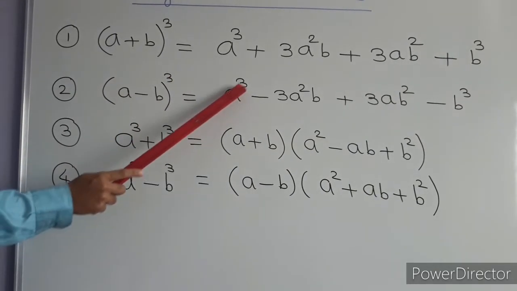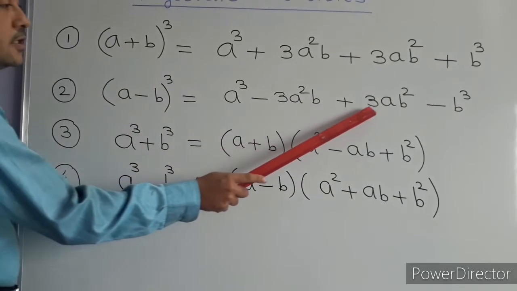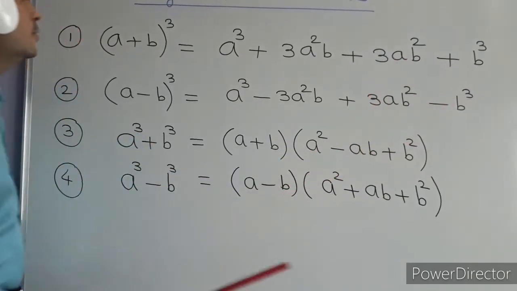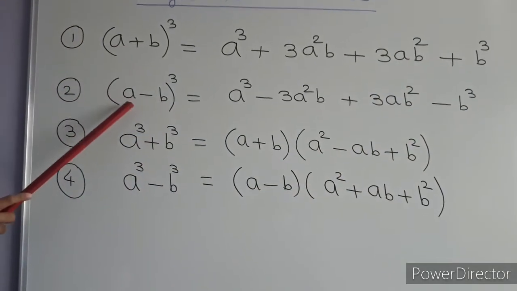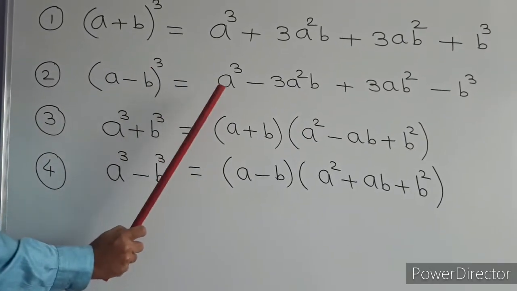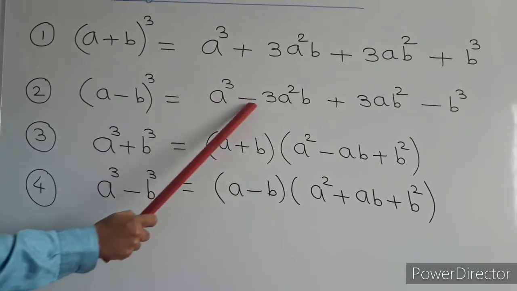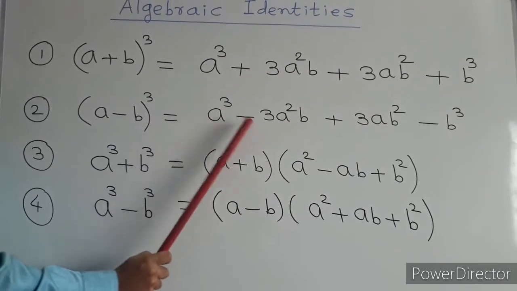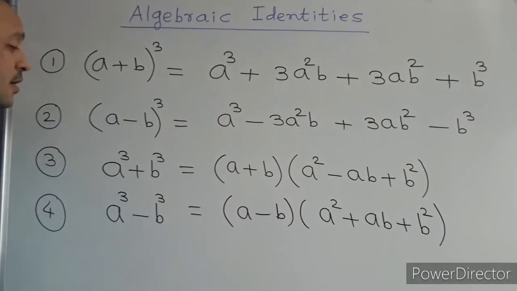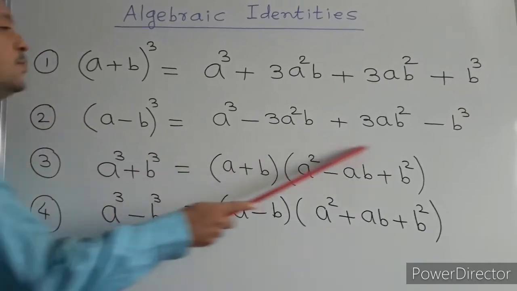So similarly we can go ahead with another identity, that is (a minus b) whole cube is equal to a cube minus 3a square b plus 3ab square minus b cube. So the formulae are almost the same. What is the difference in this formula? There is a cycle of plus minus. Almost the formula is the same, but there is a change in the sign. So here is a plus minus, then plus minus. So it's called the cycle of plus minus.